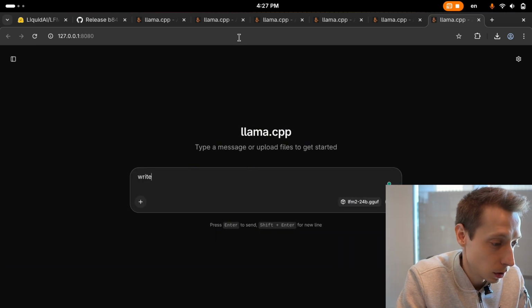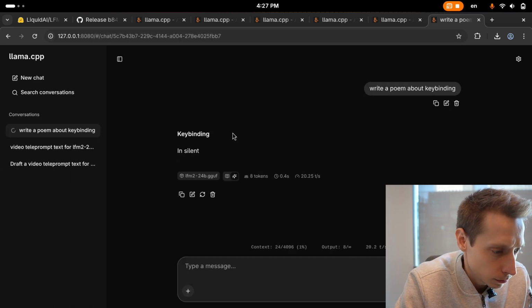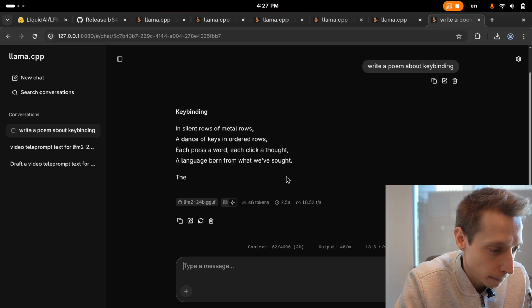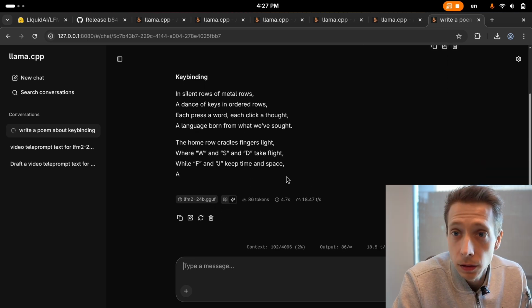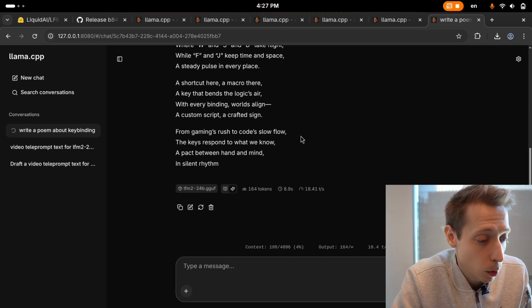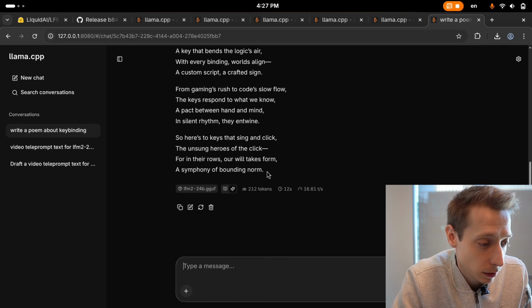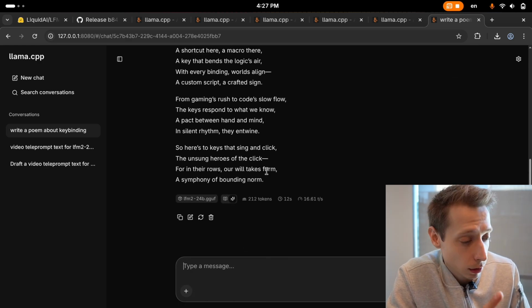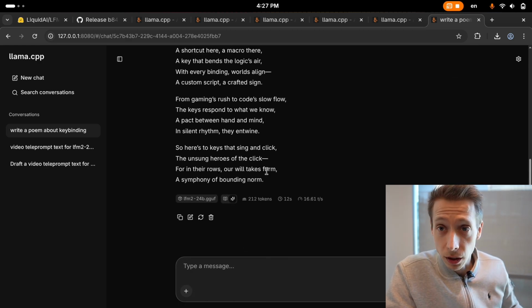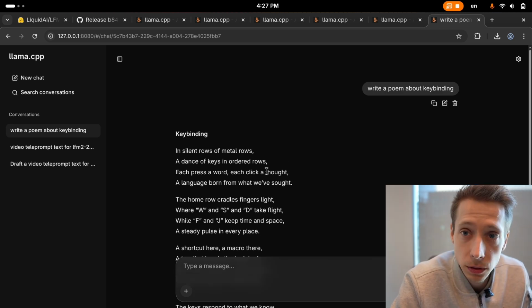You can say, write a poem about key bindings. And it does actually run a decent model here, with around 18 tokens per second of output. So the speed is quite decent, I think, for the 24B model running fully locally. And also this is actually not plugged into power, which is really nice speed for just a battery powered language model